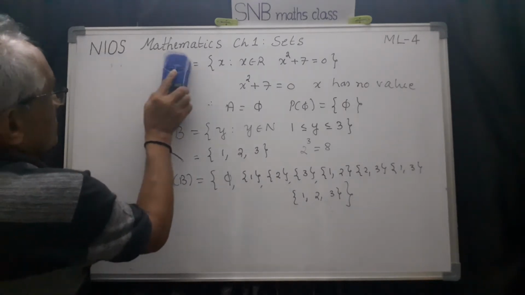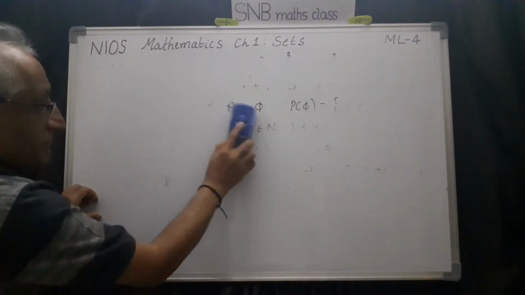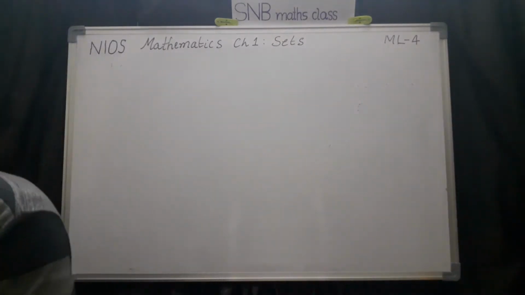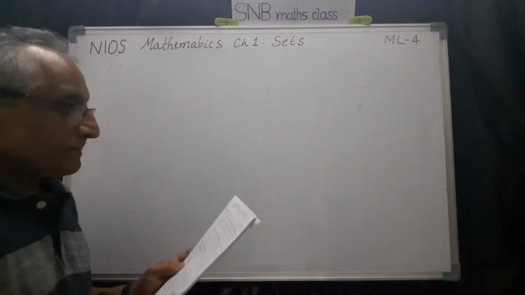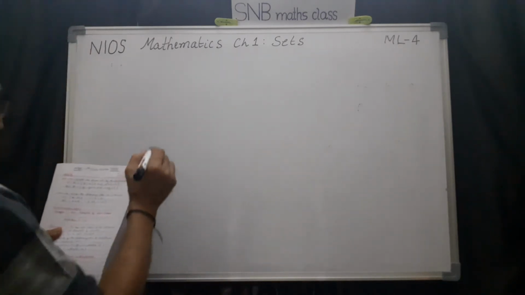Now there is one more question remaining. In the last class we have studied subset of reals as interval. So there are two questions we have to work out. So let us work out the questions. First question is, write the following sets in interval form. So that is the question.